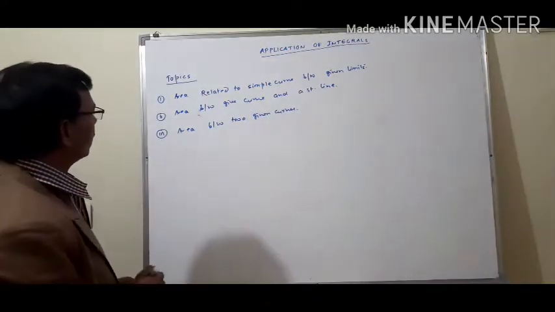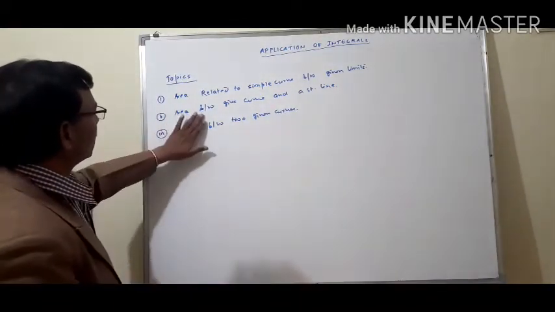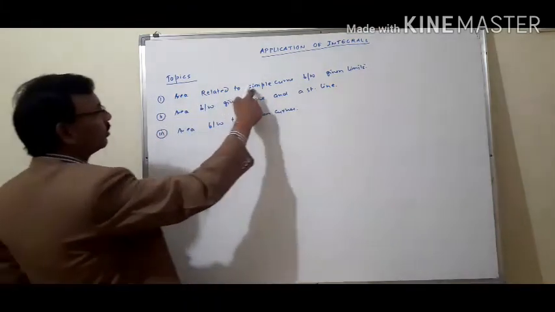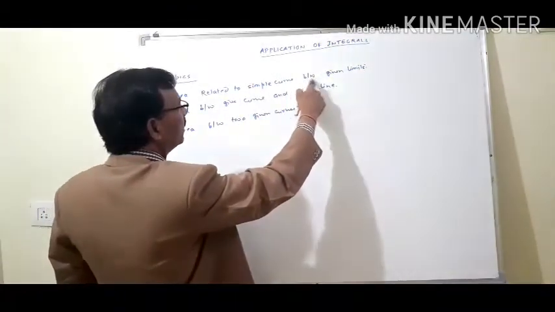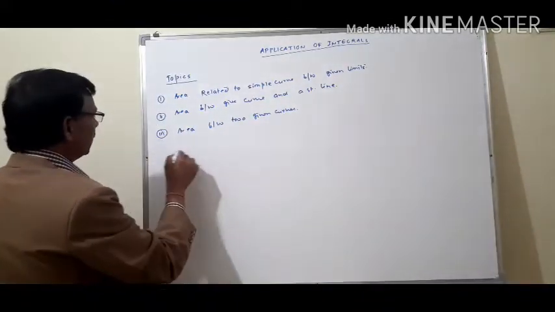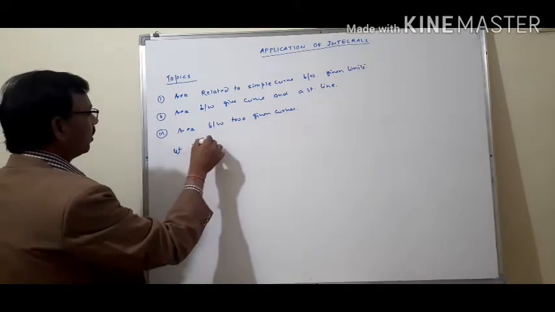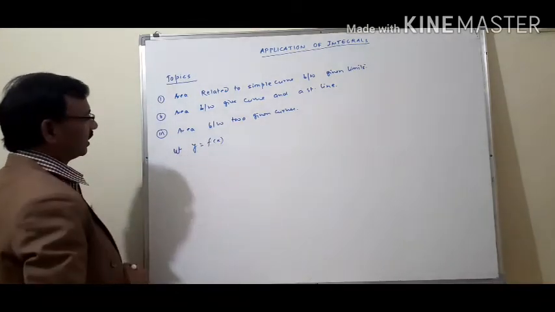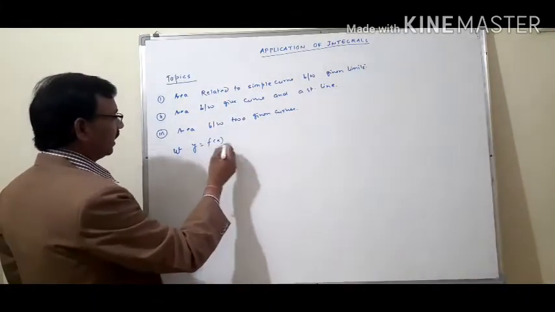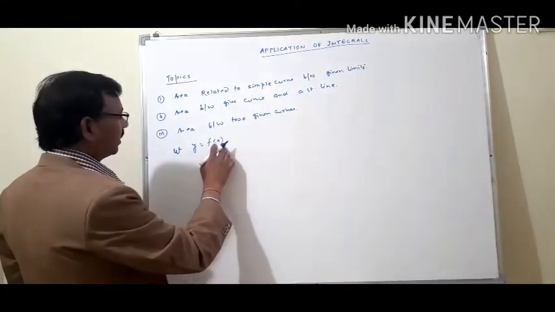Now we will take them one by one and describe each. We take first the area related to a simple curve between given limits. Let y equal to f of x be a simple curve, and if we want to find the area of this curve,